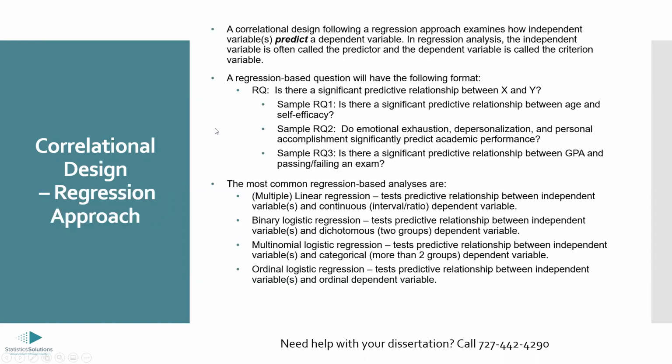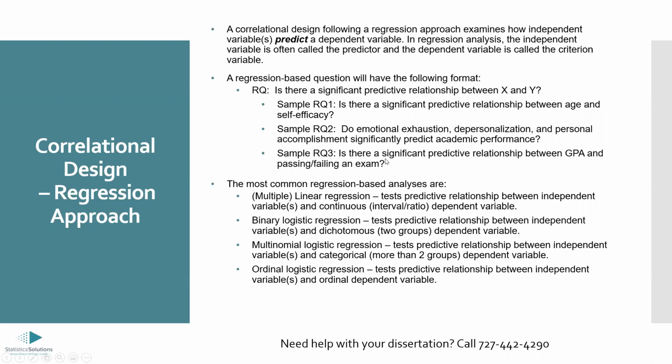And the other branch to a correlational design is the predictive approach. So this is where you do need independent and dependent variables. When you do a regression analysis, which is what you do for prediction, you need to have an independent variable, which is called a predictor, and you need a dependent variable, which is often called a criterion variable. You can see the sample research questions here. They're very similar to the previous ones. What is the predictive relationship between X and Y? So that predictive language is very important. As soon as you see predictive, that will imply we need to run regression models, most likely.